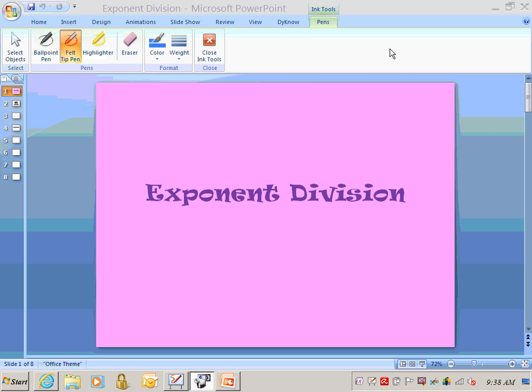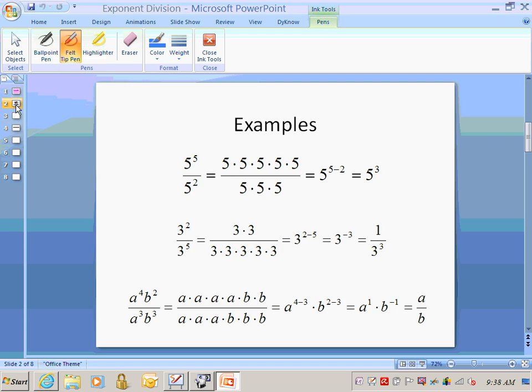We're going to go over exponent division. Okay, first example. I've got 5 to the 5th over 5 squared. So this is actually supposed to be not there. One too many 5s. Okay, if I have 5 to the 5th over 5 squared,